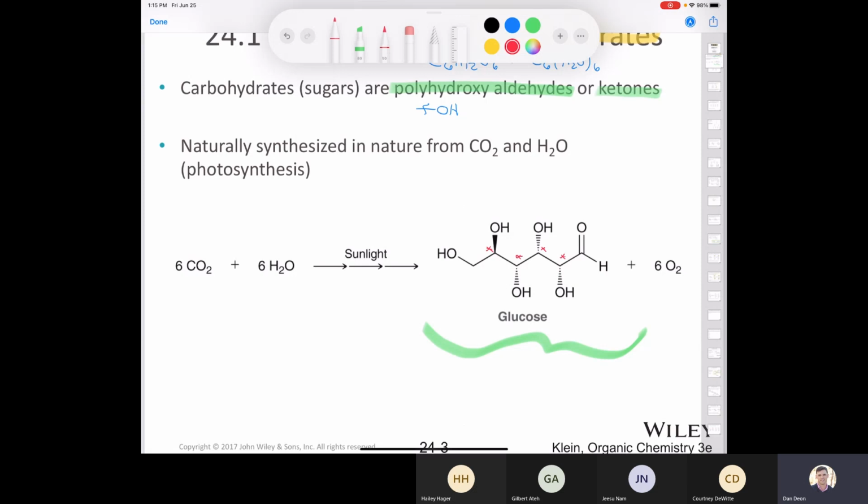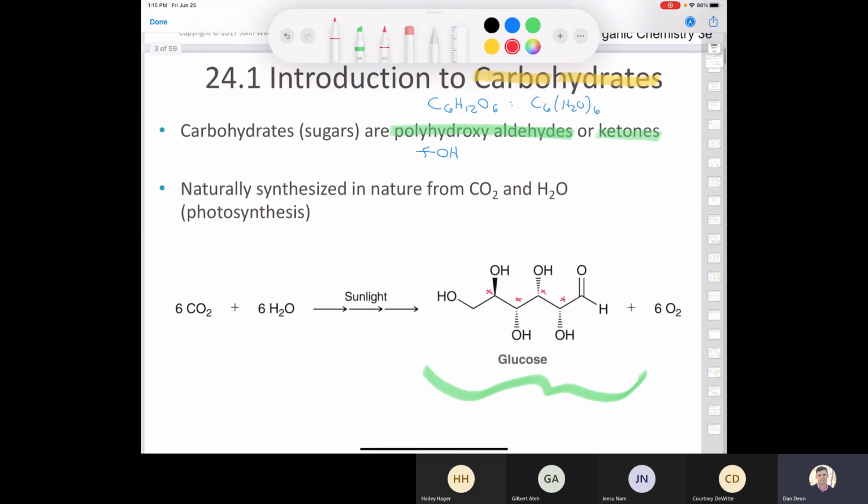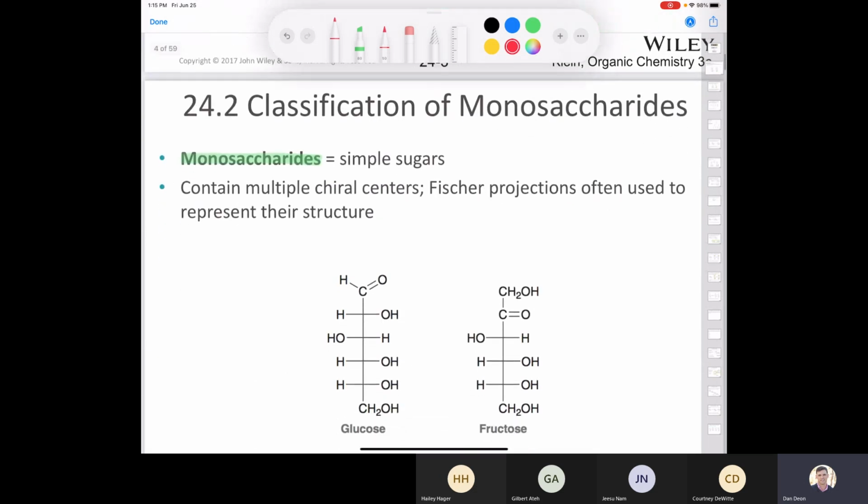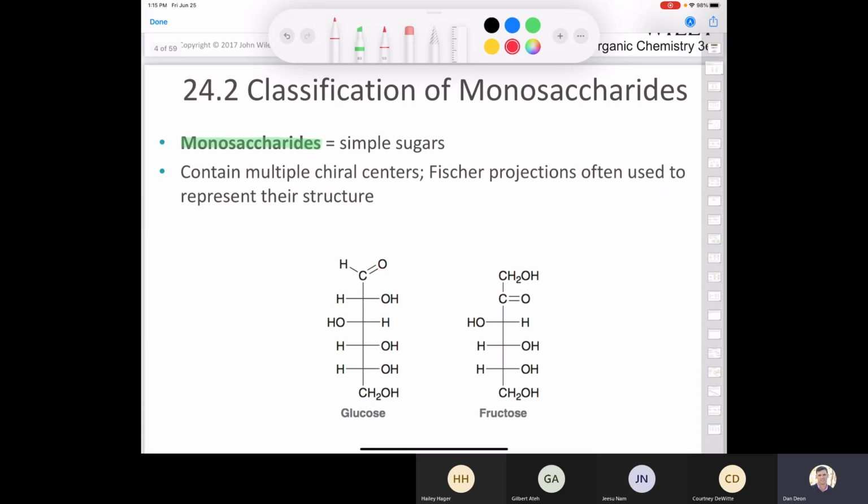But it is actually difficult to keep track of all those dashes and wedges in this straight chain form of glucose. So it's actually simpler to keep track of those chiral centers in a Fischer projection. And that's why Emil Fischer developed the Fischer projection. And I mentioned that back in chapter 5